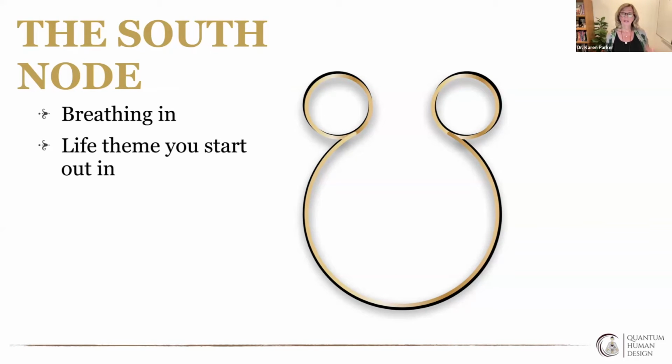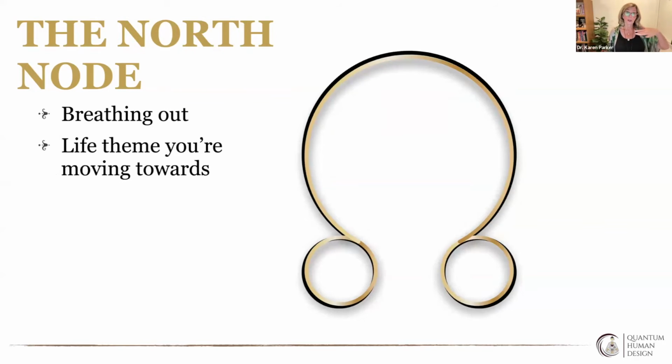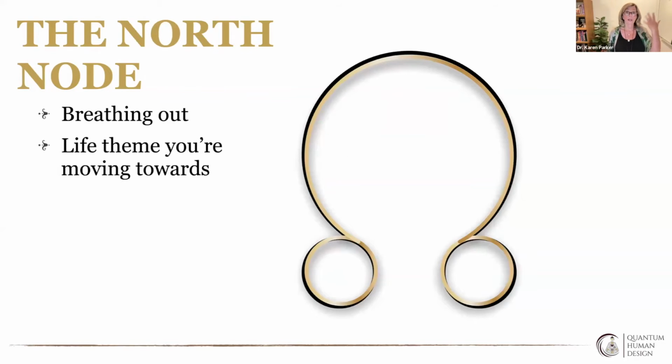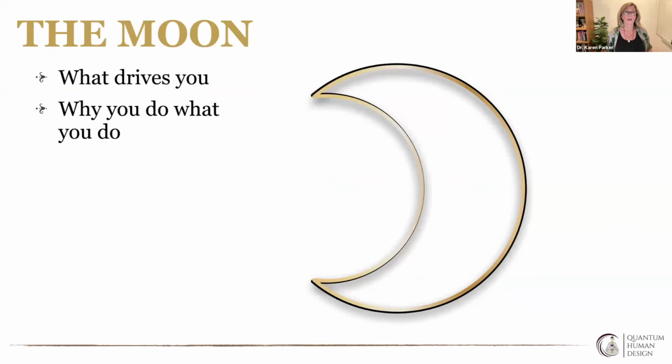So the South Node is kind of the theme that we start out with over a season or a cycle, and the North Node is what we're growing towards, right? So with the 47, we're starting off with getting our mindset in order, getting our internal house cleaned up so that we can move forward into surrendering and trusting the process. Now that same energy is also grace, and it's part of the stream of manifestation in the chart.